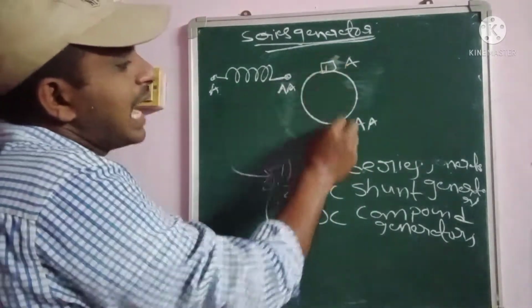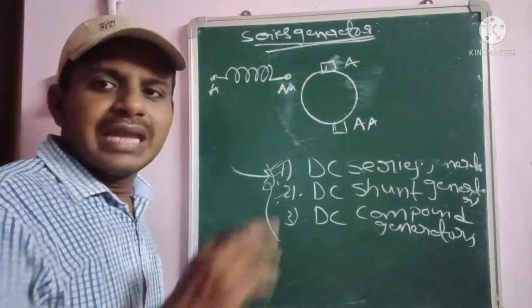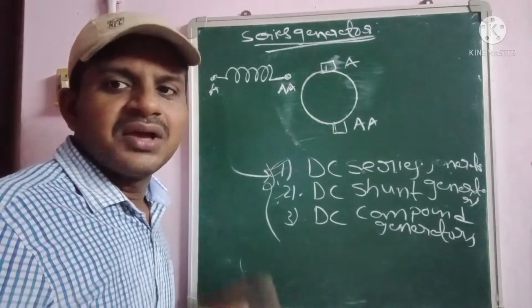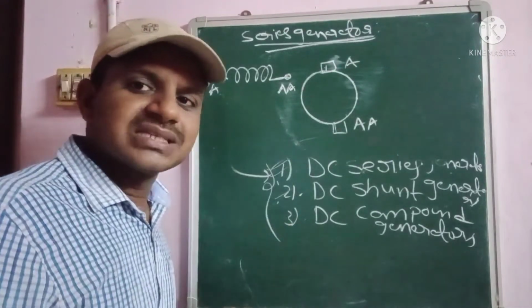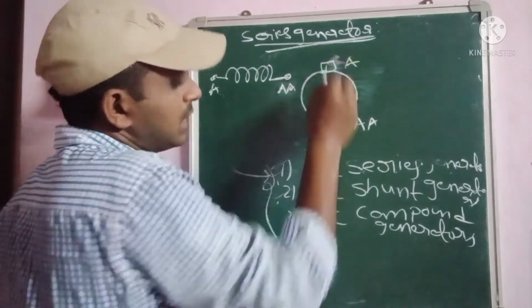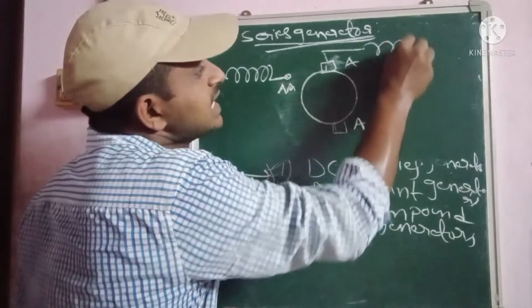So the armature is on the rotor, and there is another winding. Already know that in any machine there are basically two windings: the armature winding and the field winding, in both AC machines as well as DC machines. Here the armature winding is connected in series with the field winding,